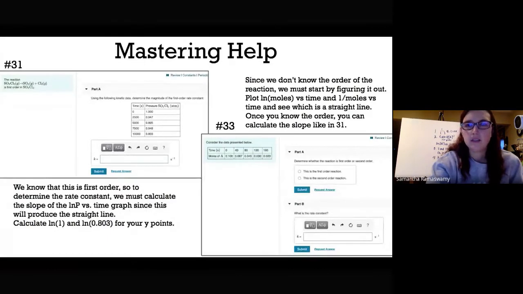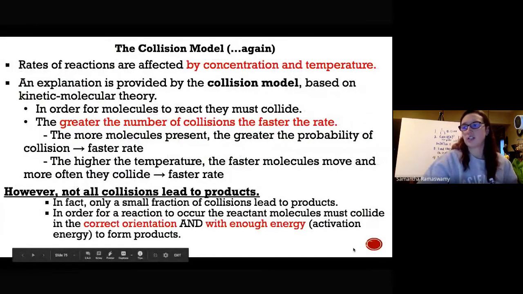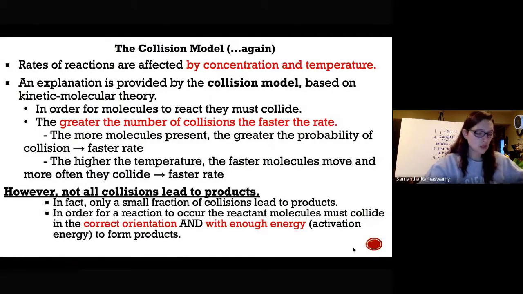Any questions on those? There were other ones that were similar, but those were the two that I had questions on. All right, so then if there aren't any questions,